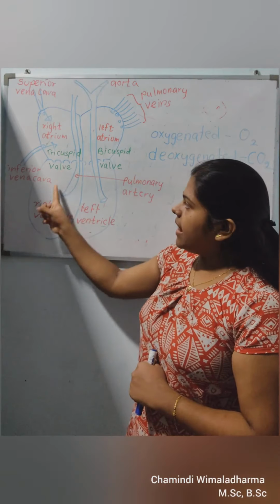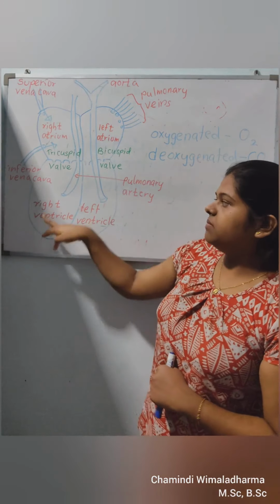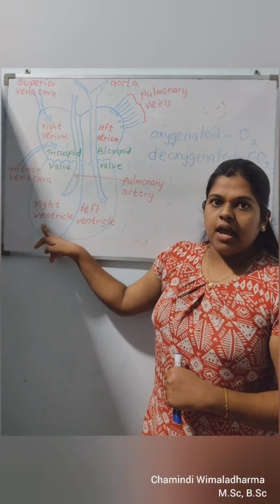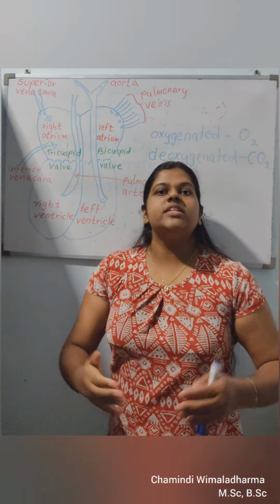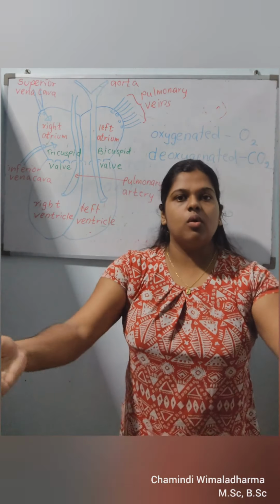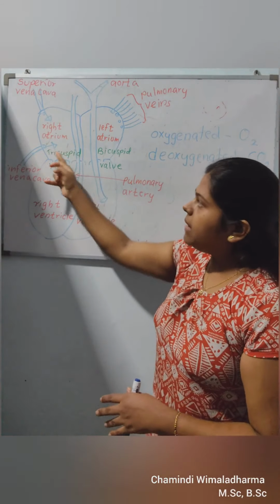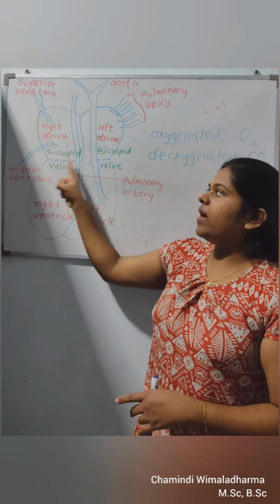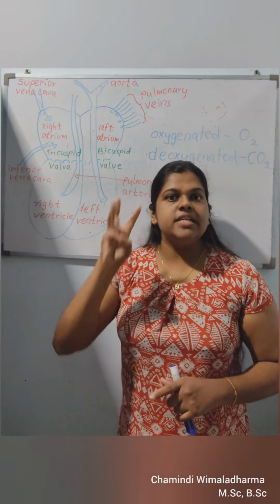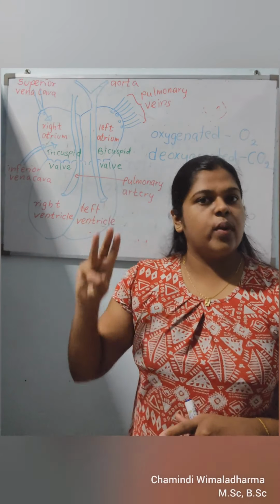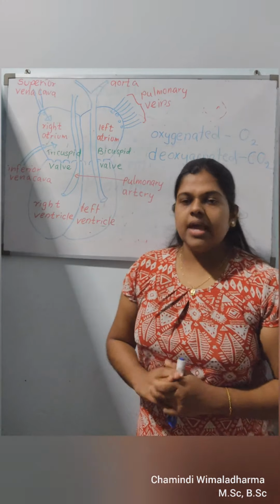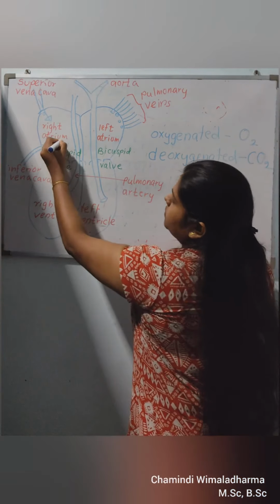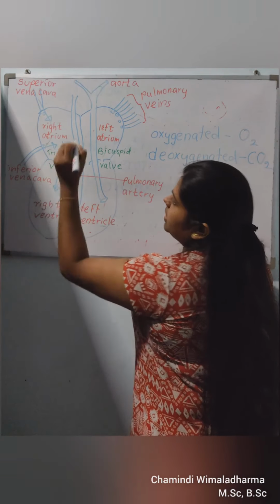When that certain capacity is exceeded, you can see there are three valves in between the right atrium and right ventricle. Just like when we want to go out, we open the door of our house and go out, when the blood amount increases in the right atrium, this tricuspid valve opens. Tricuspid means three; there are three valves. That's why the word is tricuspid. Then the blood comes to the right ventricle.